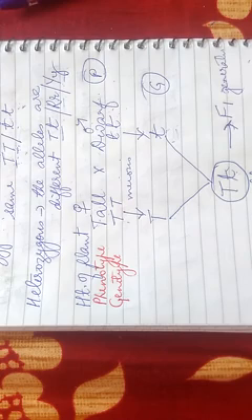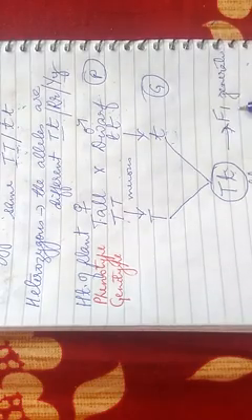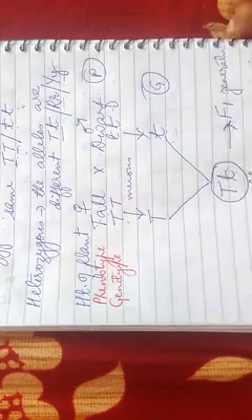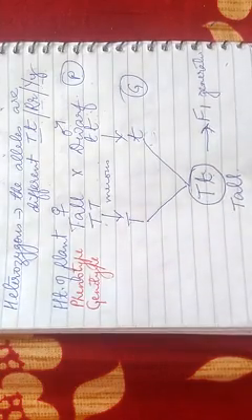Right? Pod shape, inflated and constricted. Inflated is dominant over constricted. Why? Because inflated is expressed in the F1 generation. Right? Seed color, yellow and green. Yellow is dominant over green. Seed shape, round and wrinkled. Round is dominant over wrinkled. Flower position, axial and terminal. Axial is dominant over terminal. Right? So how will we come to know which trait is dominant and which one is recessive? It is very easy to say, because the one which expresses itself in the F1 generation is the dominant trait, and the one which is unable to express itself in the F1 generation is said to be the recessive trait.